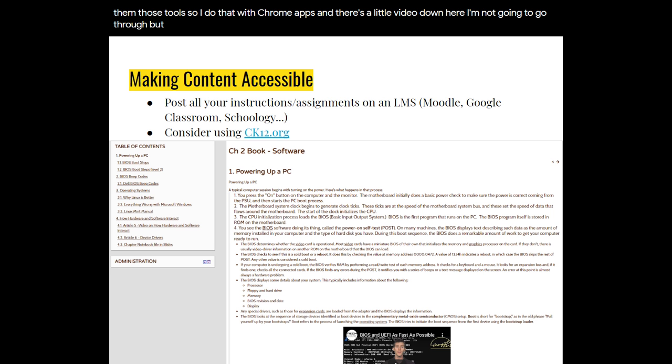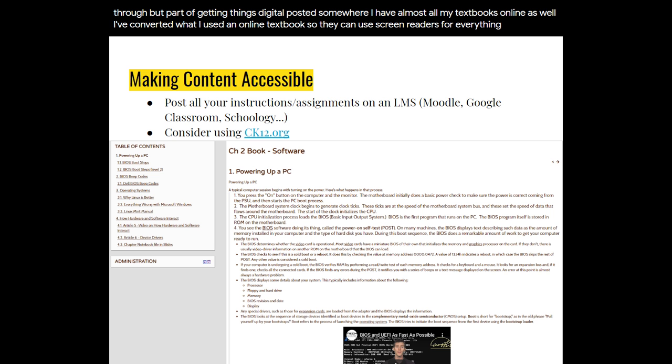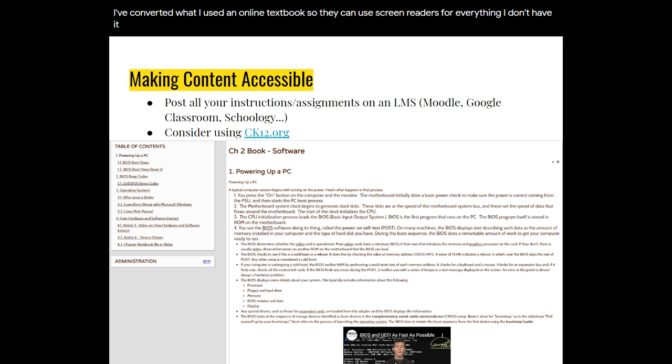But part of getting things digital, getting them online, having them posted somewhere, I have almost all my textbooks online as well. I've converted what I used in online textbooks so they can use screen readers for everything. If you've never heard of ck12.org, if you're like, I don't have a digital copy of my textbook,